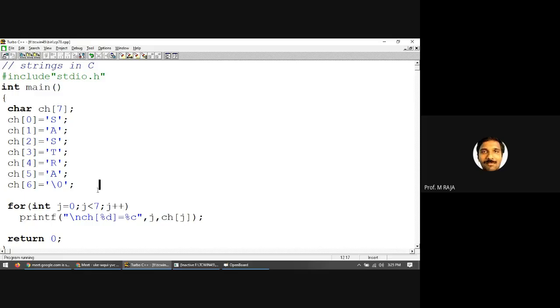\0, you need to note it. For example, after this bar, I try to write a printf statement. printf("\nASCII value of \0 is %d", ch[6]);